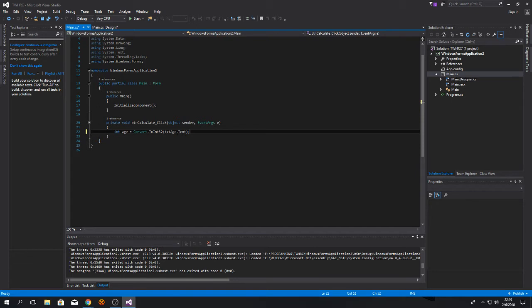So I have to convert the text, the string data type, which is what a text box is, to an integer data type, which is a 32-bit integer. And I've done that. Voila. Next thing I need to do is define my